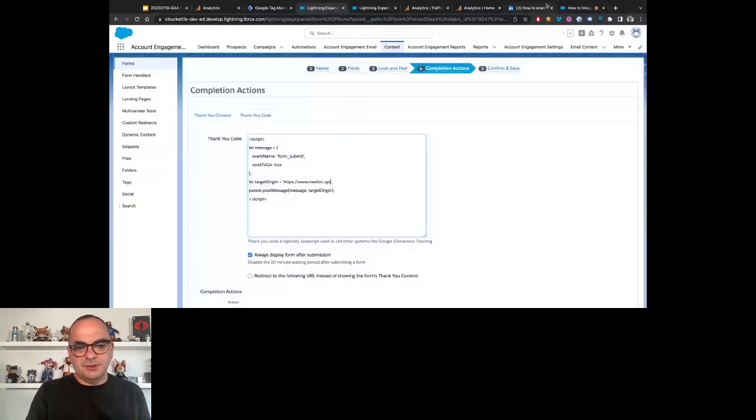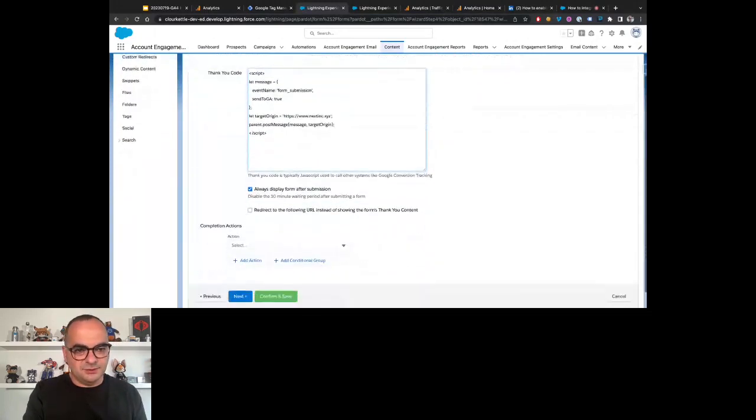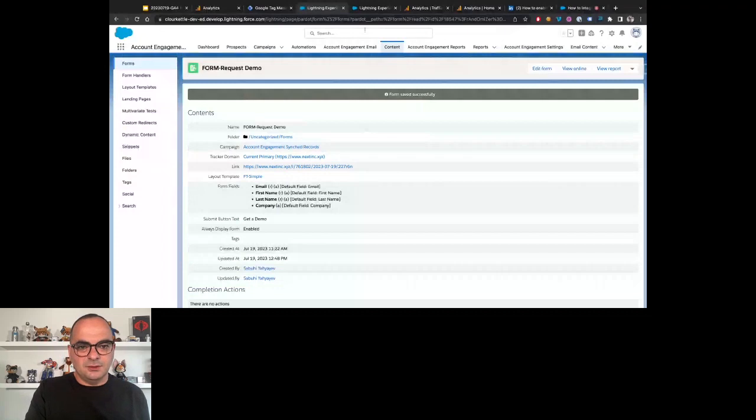Again, simple code, copy paste. Here, for the event name, we put form submit, but you can also change this to form submission. Let's say form submission for this demo, because we will create a listener on the Google Tag Manager side as well. So let's say form submission and confirm save. So the work on the form side is done. Let's go to